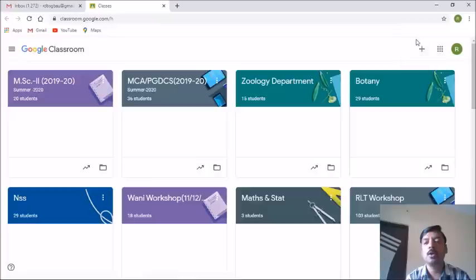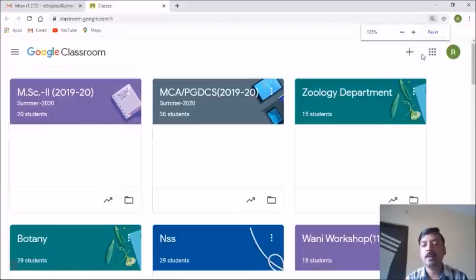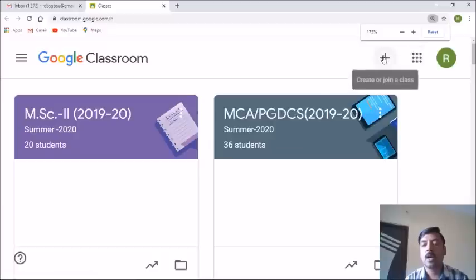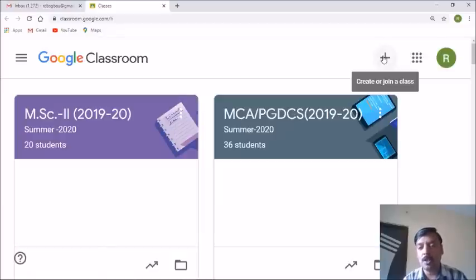You can see over here, the moment I click my cursor there, it is going to show me two different options: create and join. Again I'll repeat, who is going to create a particular class? The answer is you are. Being a teacher, it is your responsibility to create a class, and obviously who is going to join your class? None other than your students. Your students' responsibility will be to join the class.